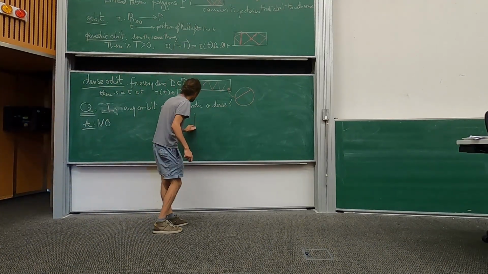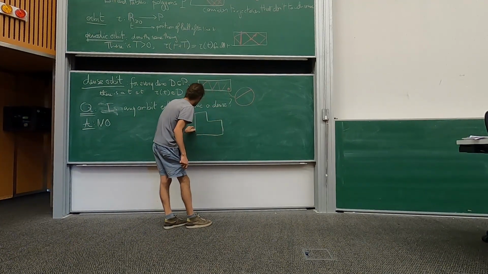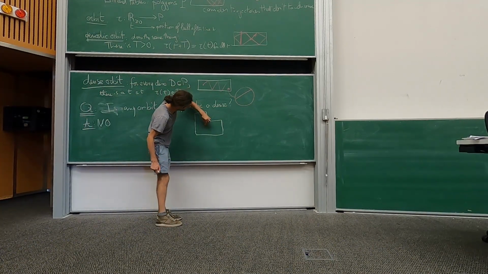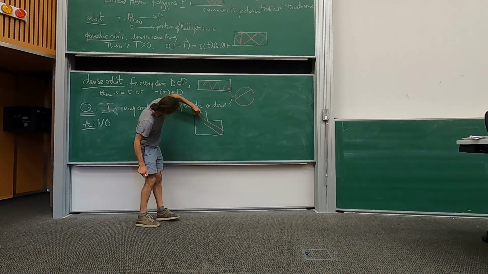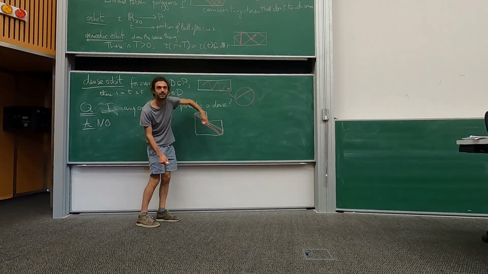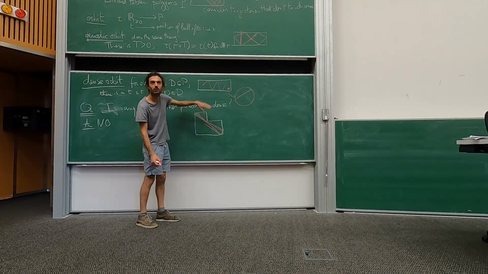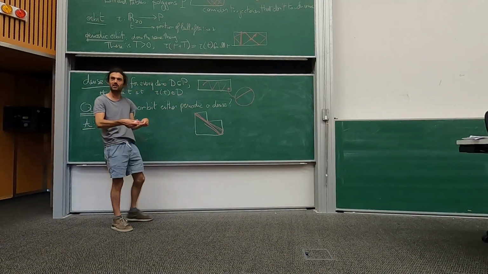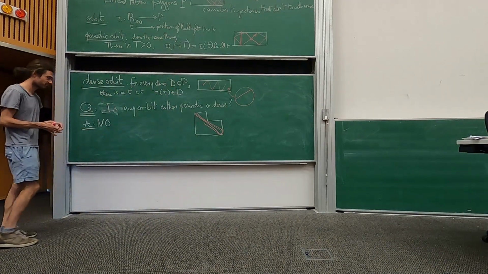So, for example, if we are in an L-shaped billiard like this, we can draw some trajectories that do this kind of thing. That will stay in a region. They will never see what's going on here, but they will never make a loop and come back to their initial state. So there is some intermediate behavior sometimes.